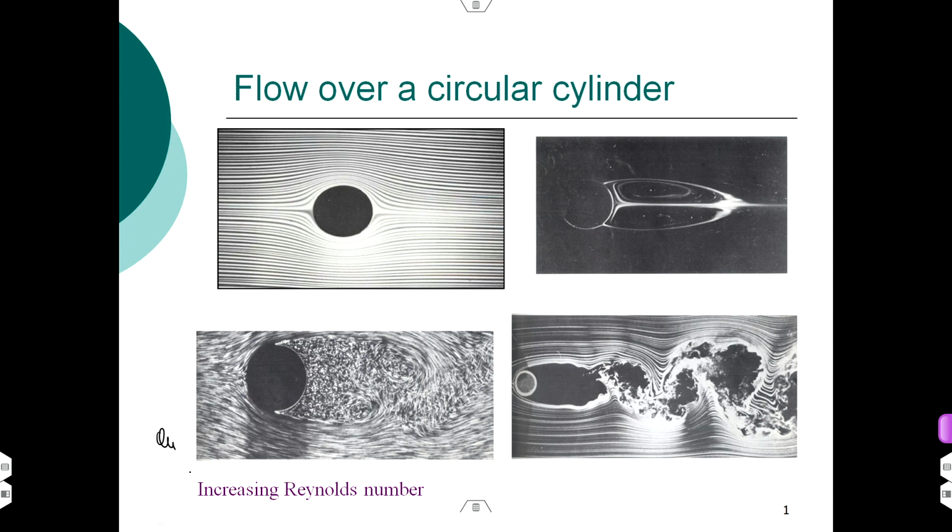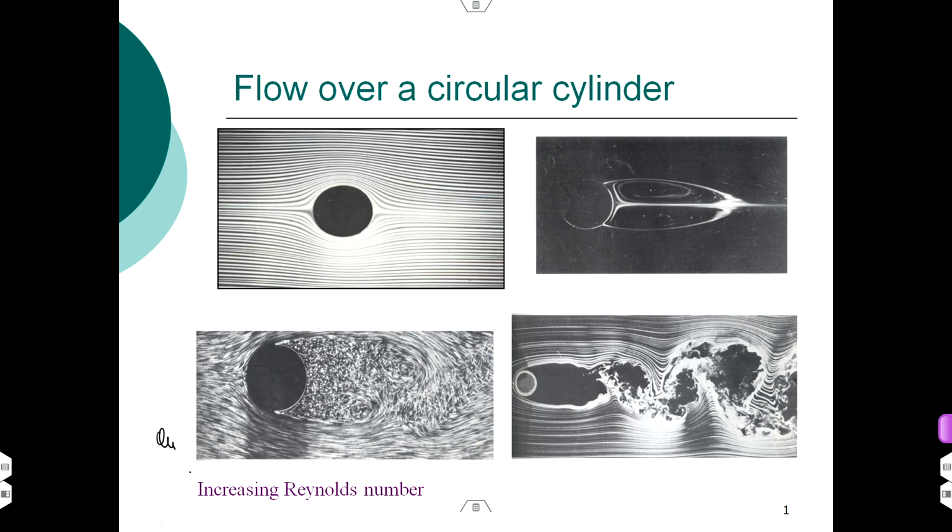One of the videos sent to you is about the recirculation bubble. That means there is a region of flow separation. Here flow is from left to right, the boundary layer separates, and it happens on both sides and you have a recirculation zone here. With further increase in Reynolds number,